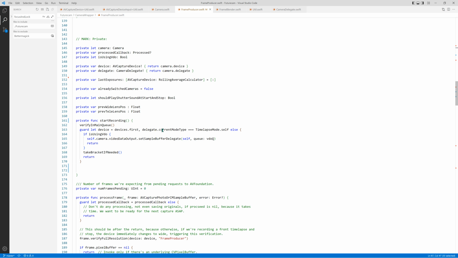So again, too much of class specific code belonging or kind of living in some other class. This code should be in time lapse mode. But anyway, if it is not time lapse mode,